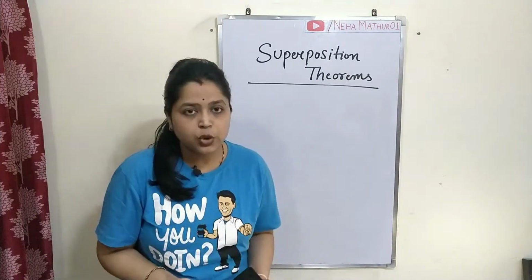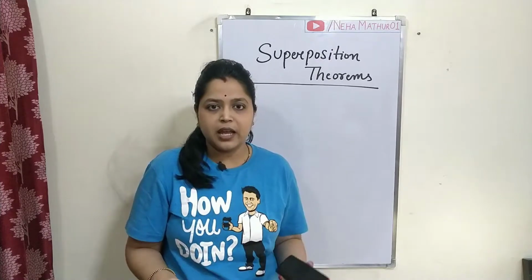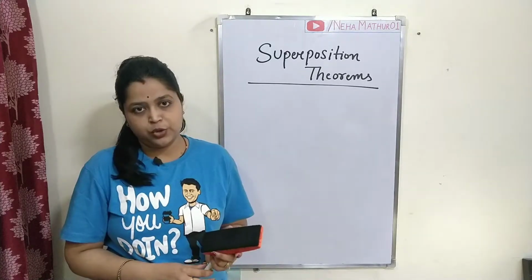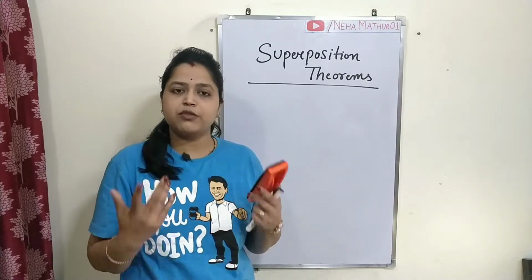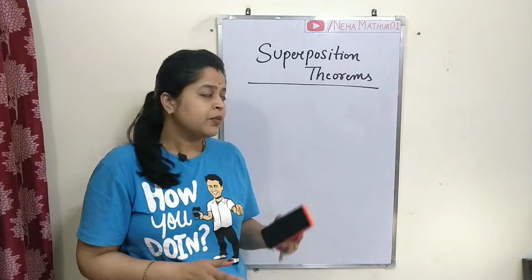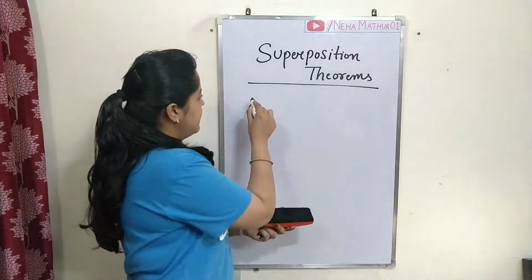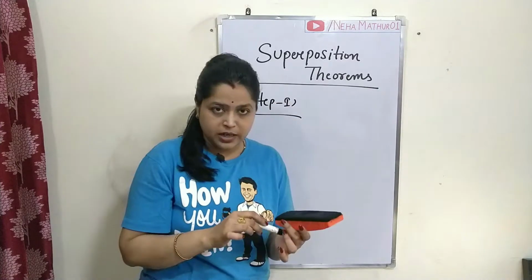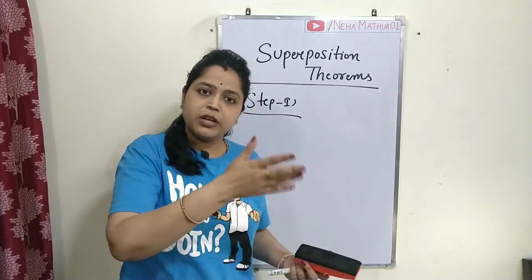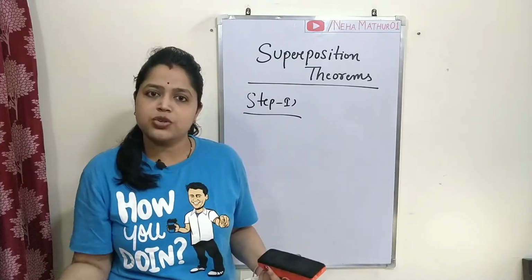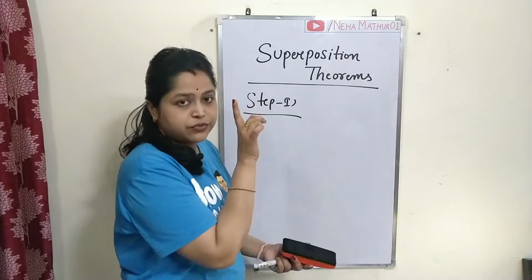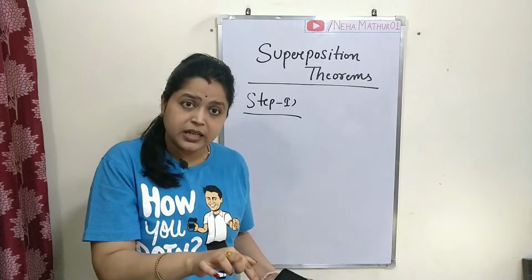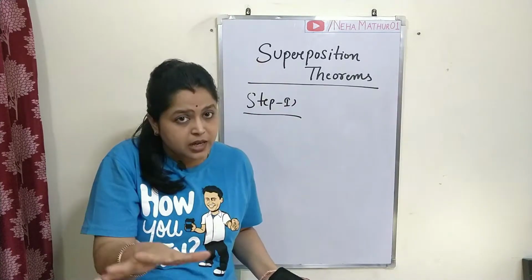any branch. This theorem takes several steps if you want to solve a question with the help of superposition theorem. You have approximately 3 steps. By following them you can find your answer. As per the first step, if you have a circuit in which you have two or more independent energy sources, in the first step you consider only one independent energy source at that time and eliminate the remaining energy sources.